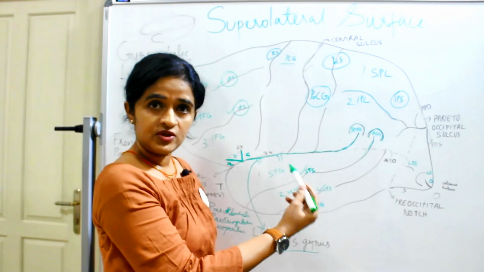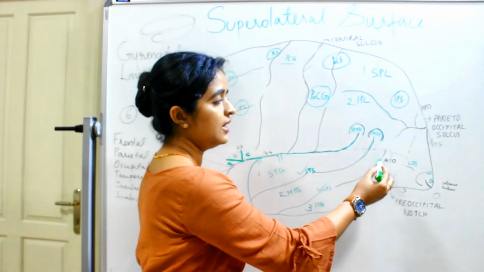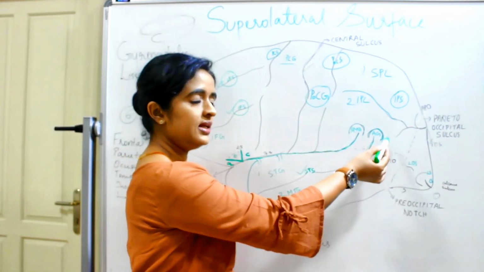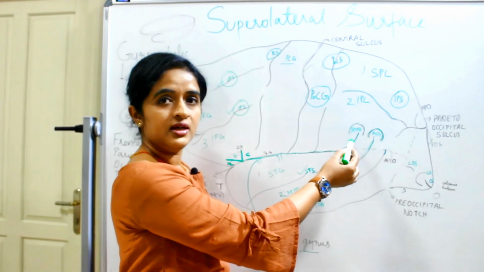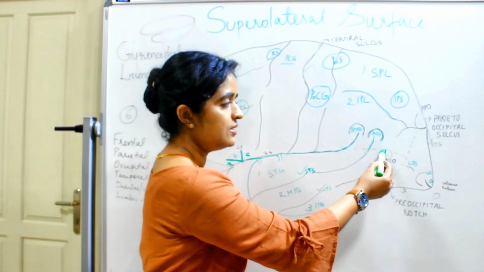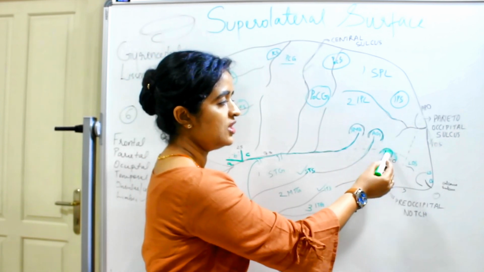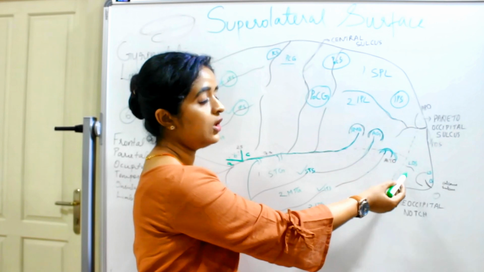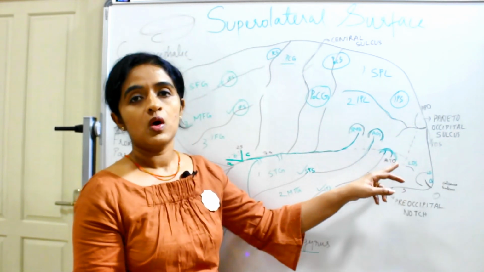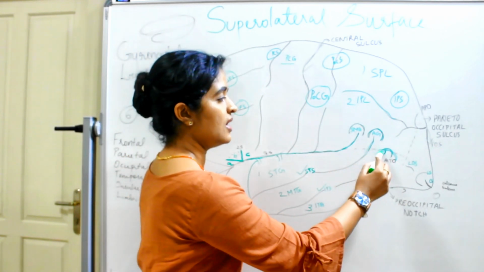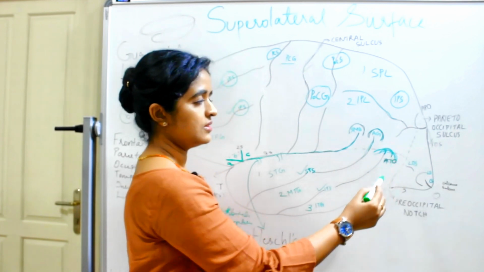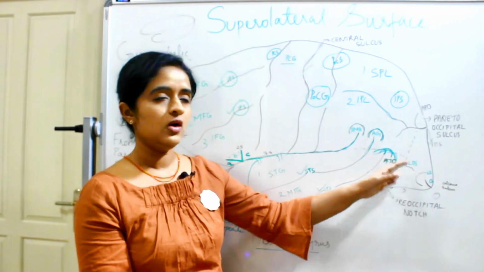Now, if we trace similarly the inferior temporal sulcus, which is projecting into the parietal lobe, it's not extending into the parietal lobe like the posterior ramus of the superior temporal sulcus, but still there is an area here which is shared between the temporal and occipital lobe, that is known as arcus temporo-occipitalis.